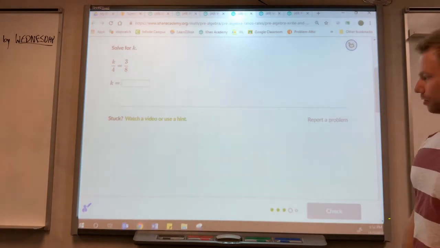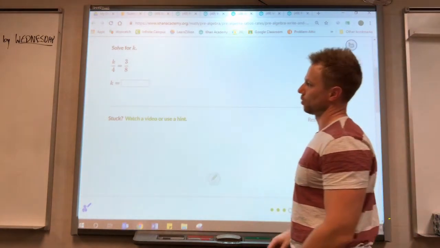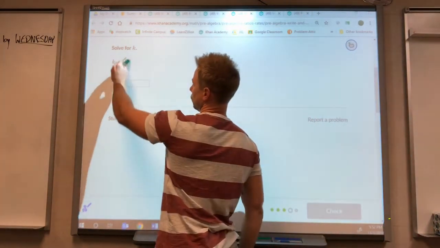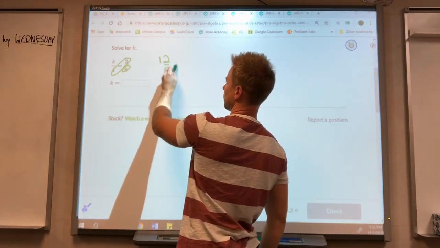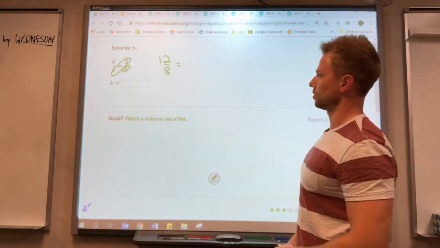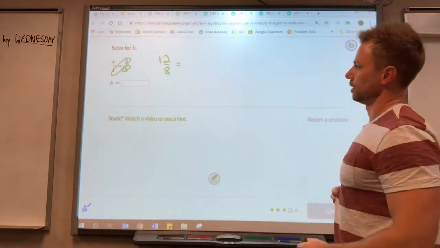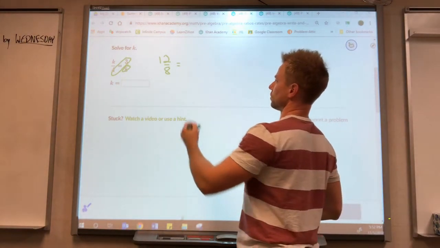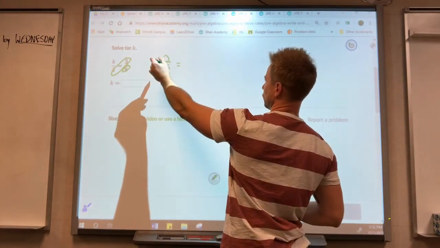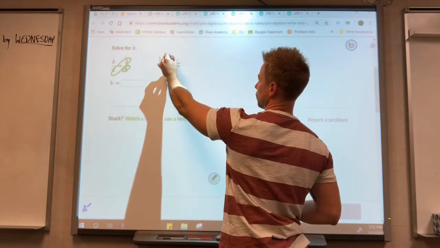Okay, here we just have a proportion that we have to solve. We can cross multiply, divide. We'll do 4 times 3, which is 12, and then divide by 8. That doesn't turn out to be a whole number, but we can reduce that. 8 goes into 12 once, so we could either just reduce it. You can divide both of those by 4,